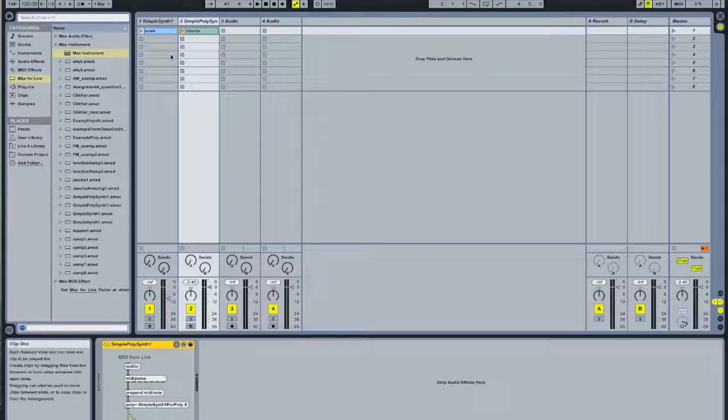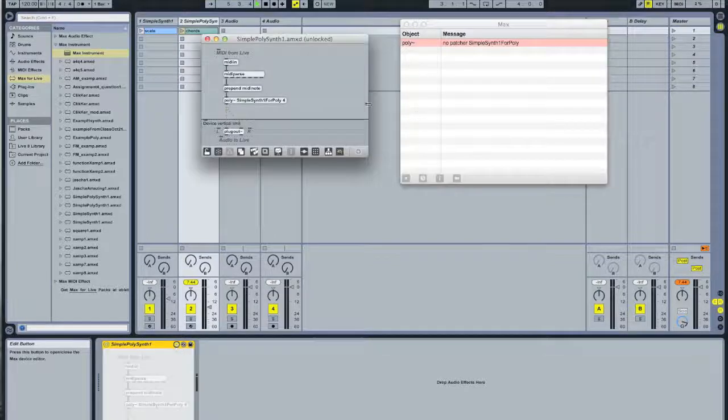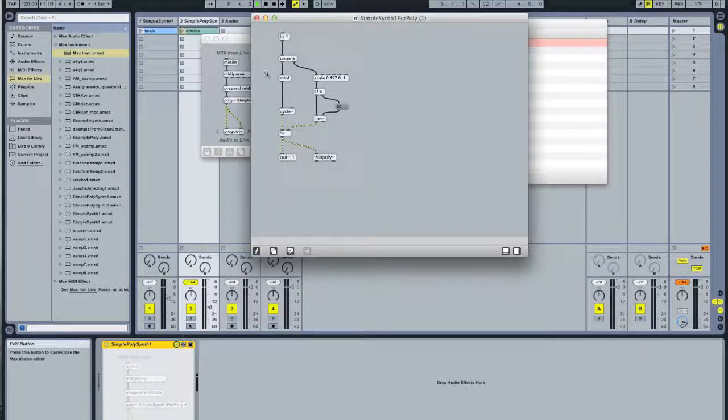And now I'm going to go back to Live. And we should be able to hear chords now. Now notice that it was really loud. So this is a good thing to get in the habit of. When you make a polyphonic synth, if I double click on this, I can see the patch that the actual synthesizer is. And I can modify this by unlocking it. And it's generally a good idea